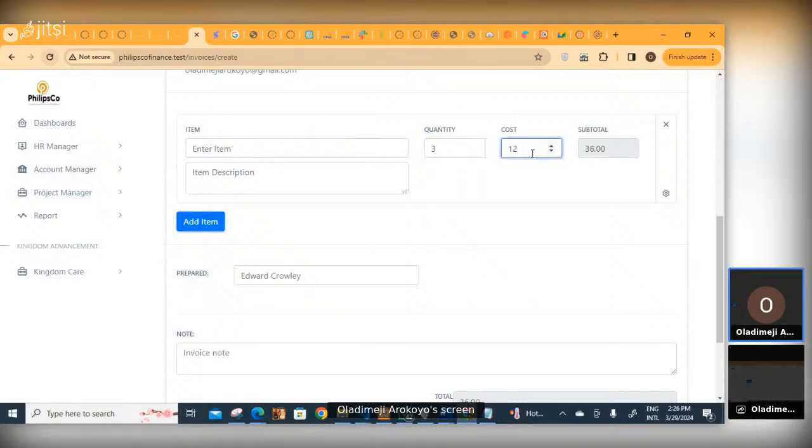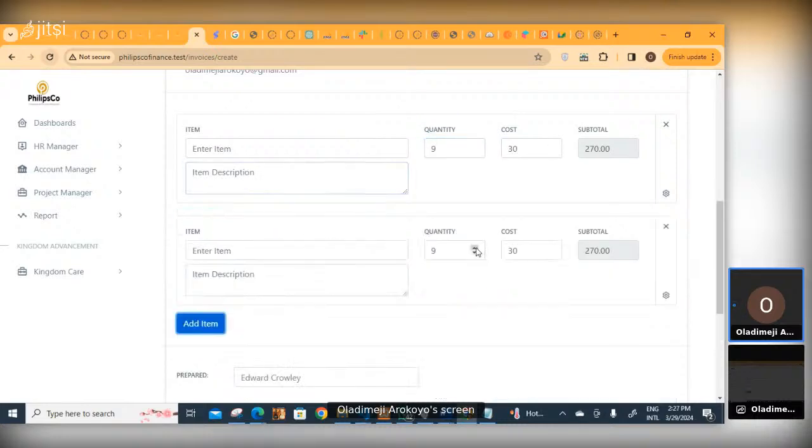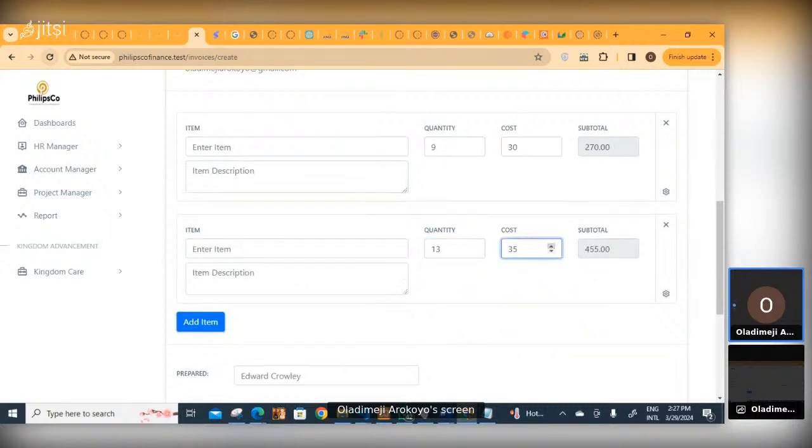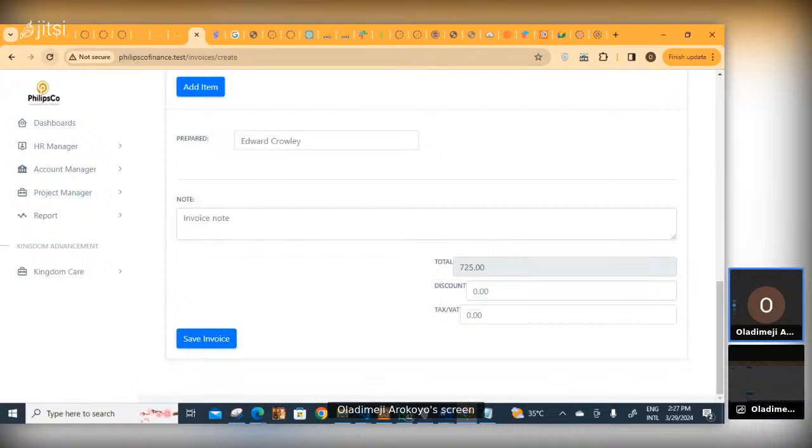the cost, and this subtotal is automatically calculated based on the quantity and the costs. So the item description, we can also go ahead and add the item based on the total number of items, do different things on it, and we have our total here. Here we can also add a discount,